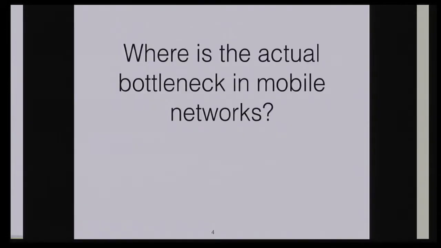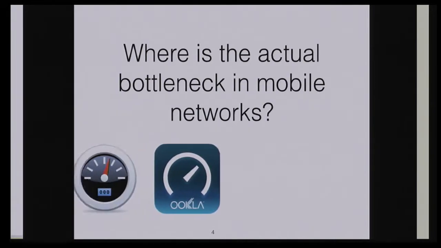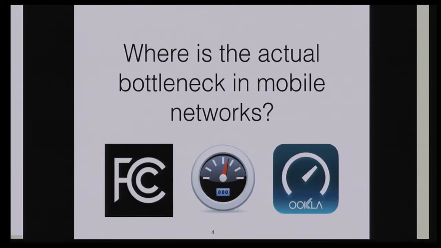And as we could see in the keynote, there are certain applications and other organizations that are trying to benchmark the performance of the networks, but they are usually using classic techniques such as latency tests, traceroutes, or throughput. Some examples are the FCC's speed test, other academic research projects such as University of Michigan's MobiPerf, as well as Ookla's speed test. But we wonder if these tools actually reveal the underlying issue that is affecting mobile performance.